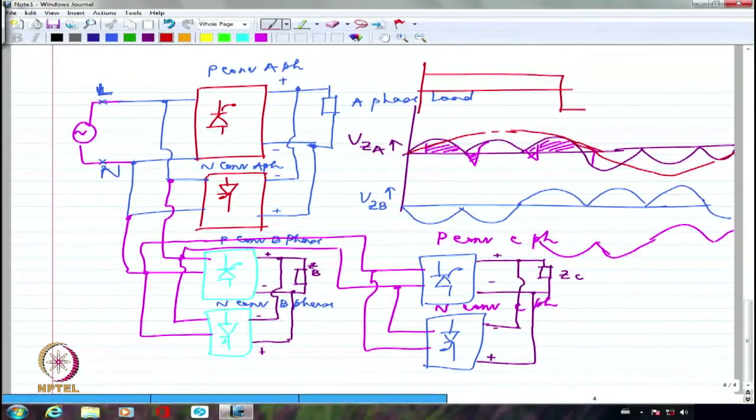This value may correspond to 3 Vm by pi cos alpha. This is how it is. It is somewhat like this. And definitely I do not want that, especially if I am trying to apply this to a synchronous motor drive